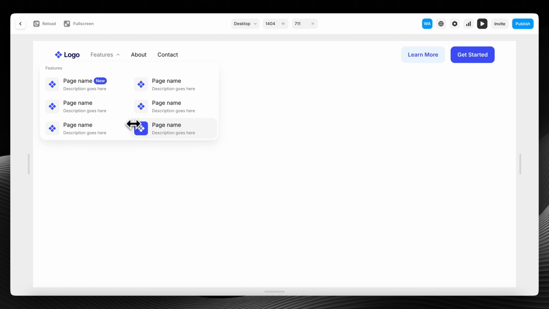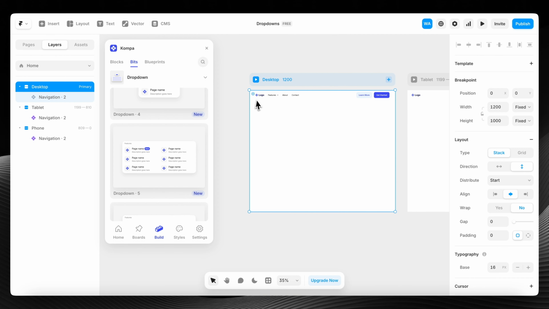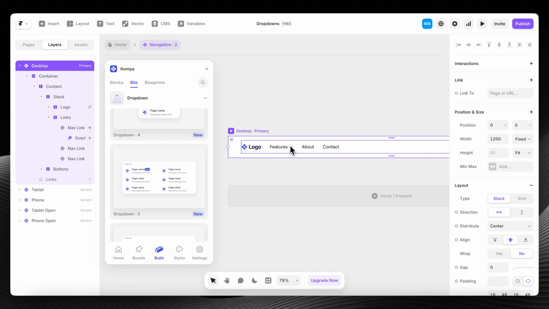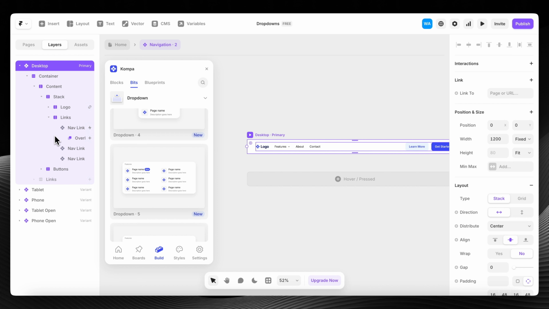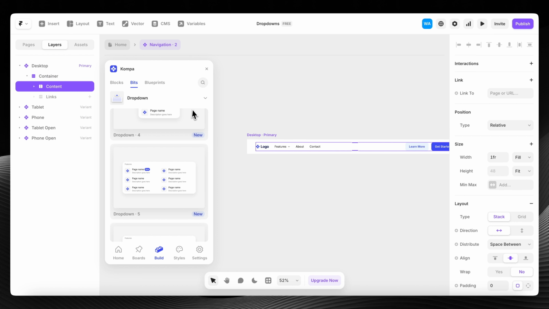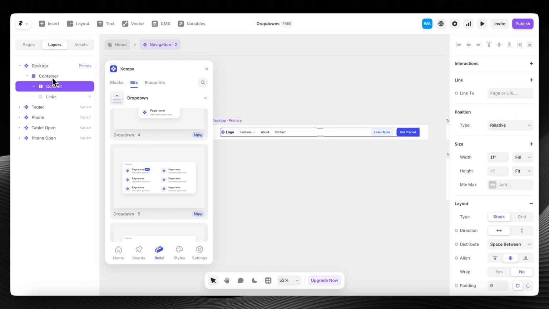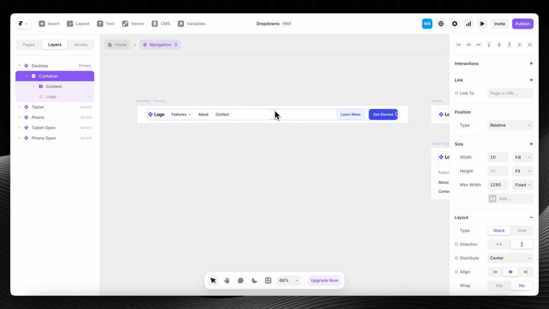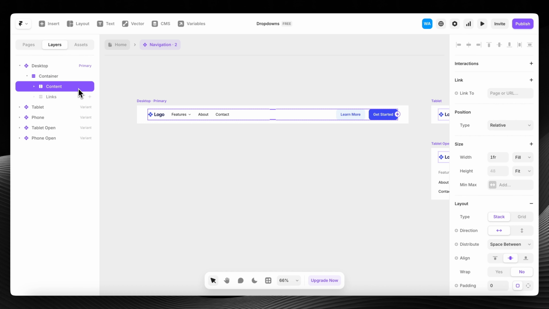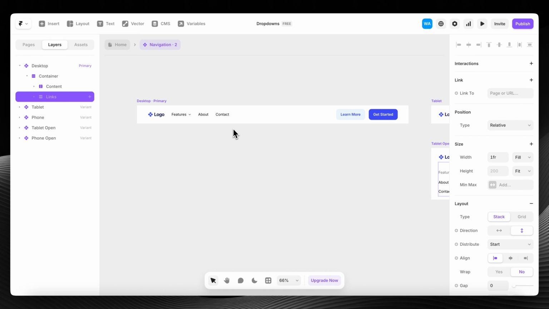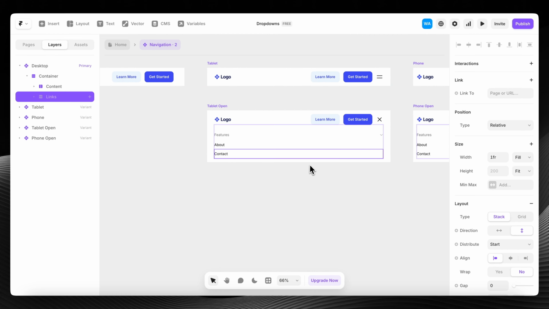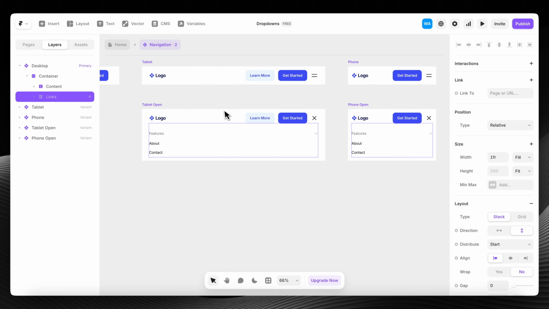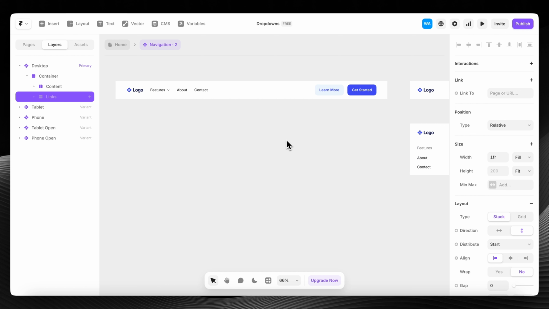So something's not right. So let's go ahead and fix this. We're going to go back into the nav, and let me close this up, open the container, and you can see there's 2 child layers of this container here. Let me close this up because we don't need this anymore. But we've got our content, and that's what we can see here. But then there's the links, and these are what's basically visible to the phone and tablet breakpoint, but not